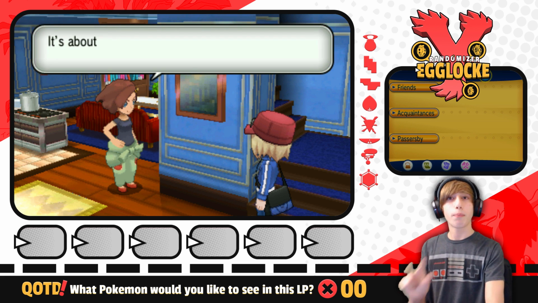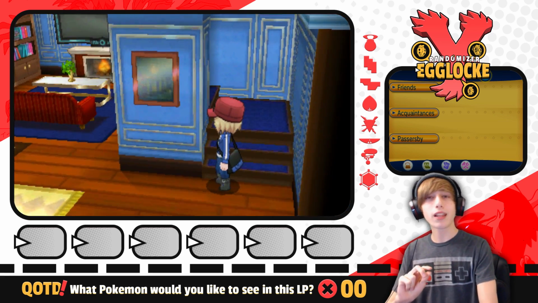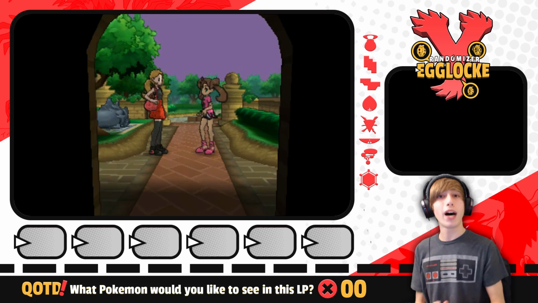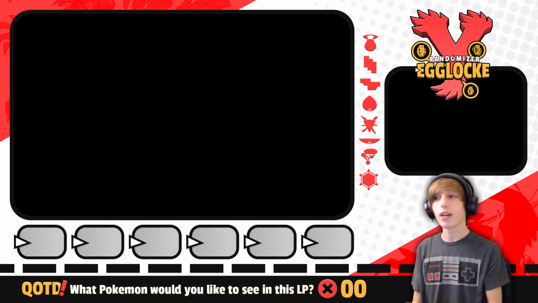Now, the Egglocke portion of that adds a bit of a twist. What we're going to be doing here is we're going to be allowing you guys to send in Pokemon via eggs and via the email that I have linked down below in the description. I'll explain how to make the Pokemon, and I'll explain everything towards the end of the video. So you guys will be able to submit eggs to me, and then those eggs are going to be put into our PC box for the next